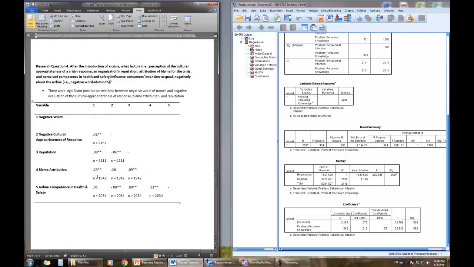So based on our correlations, the perceptions of the airline's competence were not particularly significantly related to negative word of mouth. So the first decision is that we should exclude it from our multiple regression. In our results section, we would simply indicate that the variable was excluded from the multiple regression model because it was not significantly correlated. So what about the others? They're clearly significantly correlated,